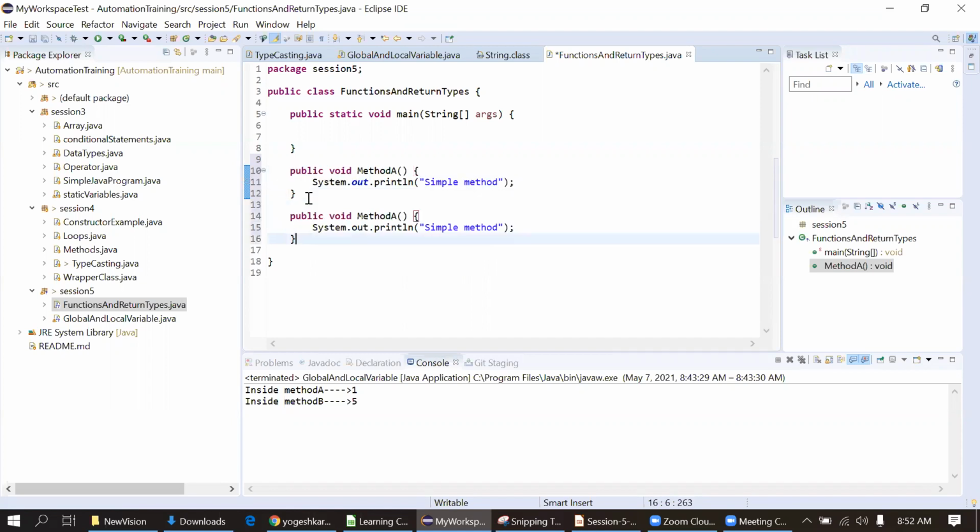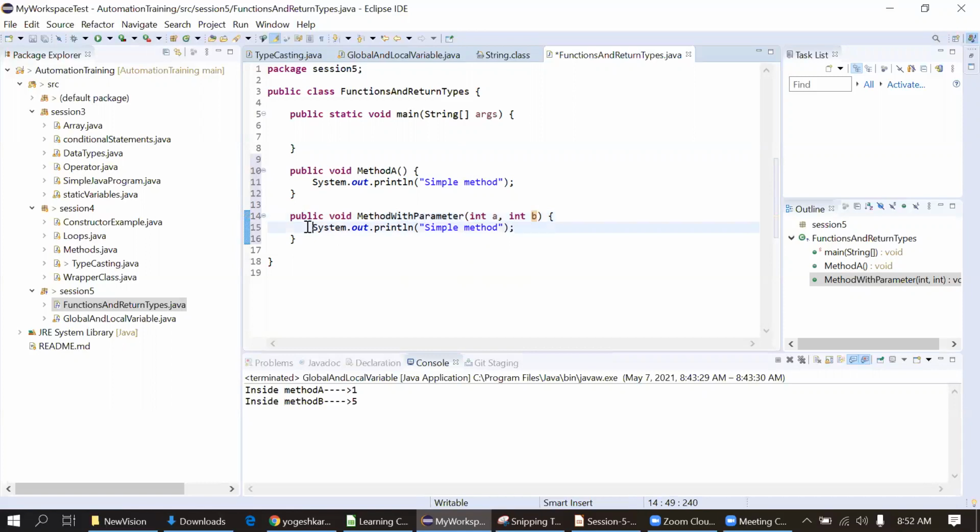I will create a method with parameter now. I will just pass integer a, comma, integer b. Now I will do the addition of integer a and integer b.